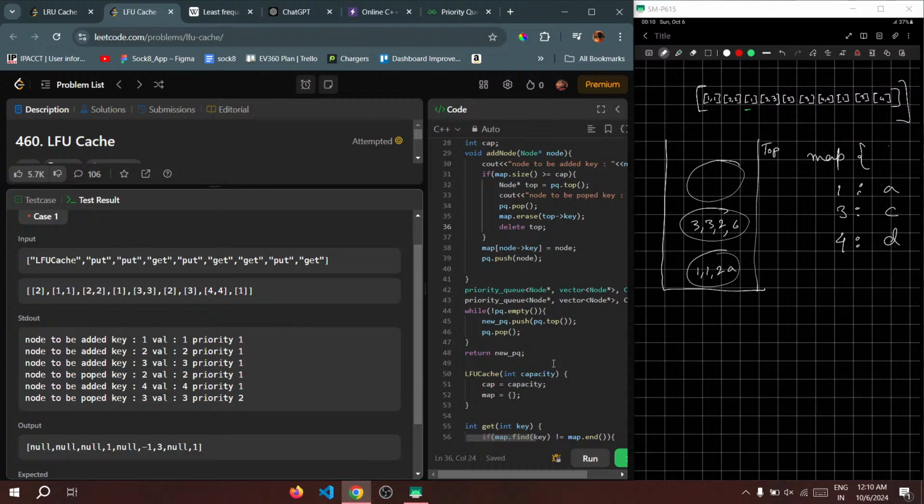Node to be added, node to be added is 4, जिसका priority 1 है। See, that is where I am again stuck। क्या कि if the priority of 3 and 1 both are same, then what do we do? If both are same, तब क्या, because both are same, है ना।